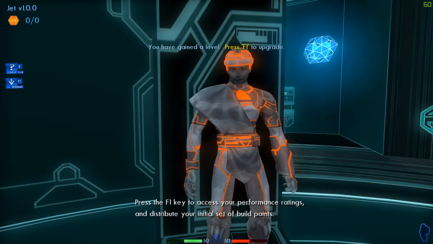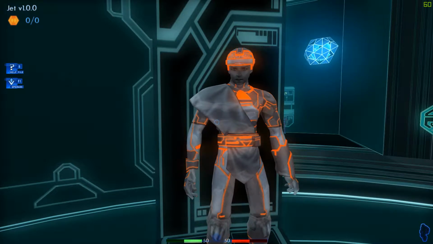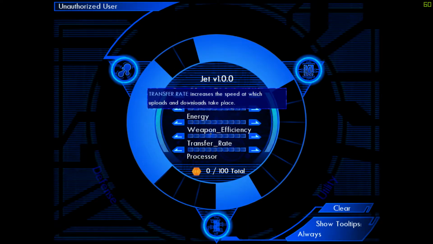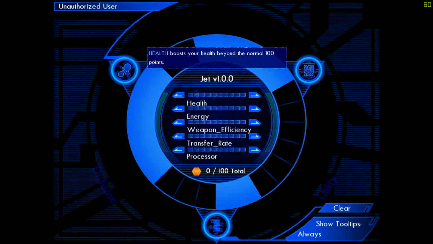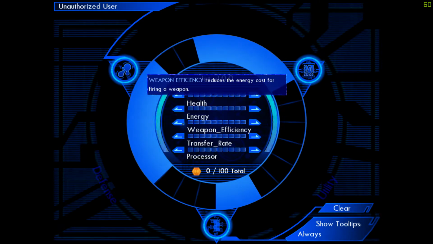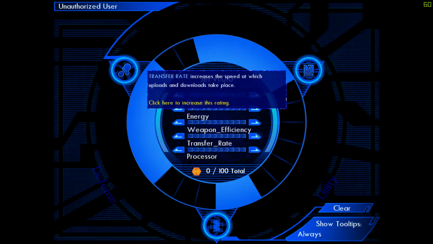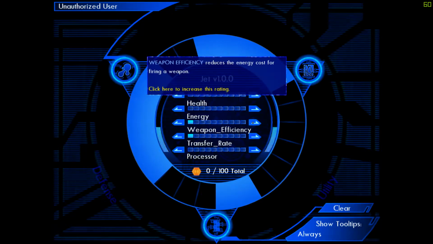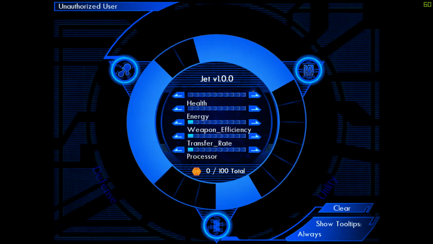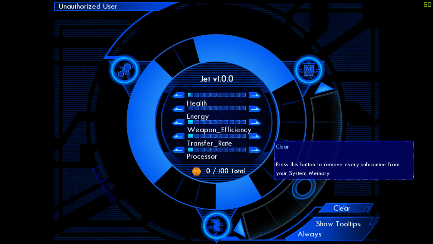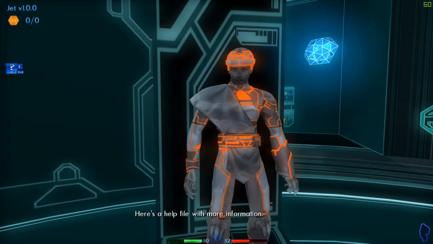Press the F1 key to access your performance ratings and distribute your initial set of build points. Here's a help file with more information.